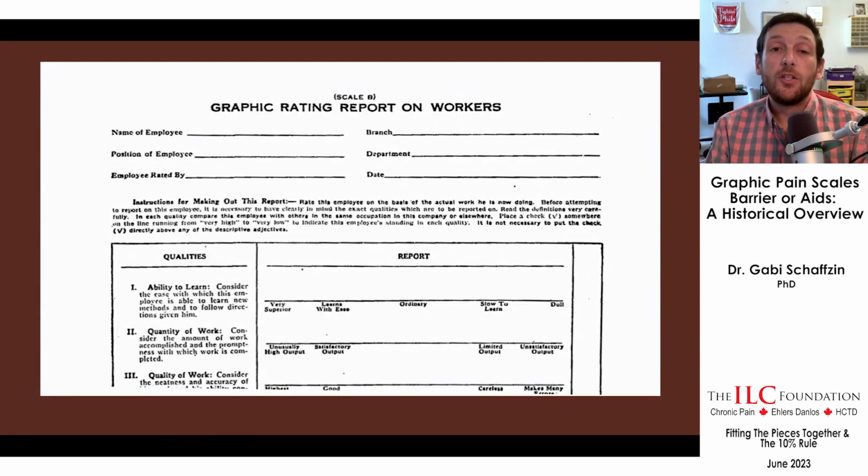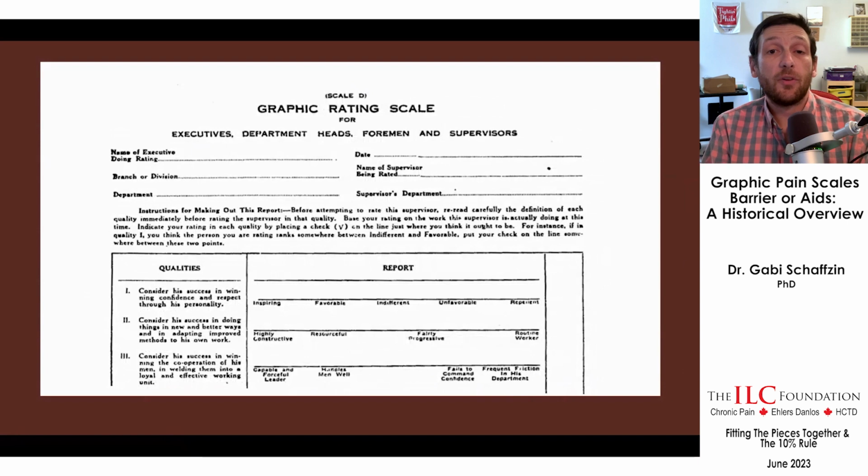You see, the GRS was invented by the Scott Company engineers and consultants in industrial personnel of Philadelphia in 1921, what we call today a management consulting company, primarily concerned with the efficiency of workers. In fact, they were so concerned with the efficiency that they created a more efficient way to rate the efficiency of their workers. Here's another version from the same paper by Donald Patterson that introduced the scale in 1922,